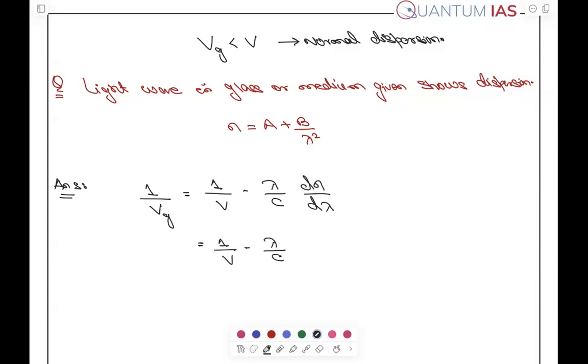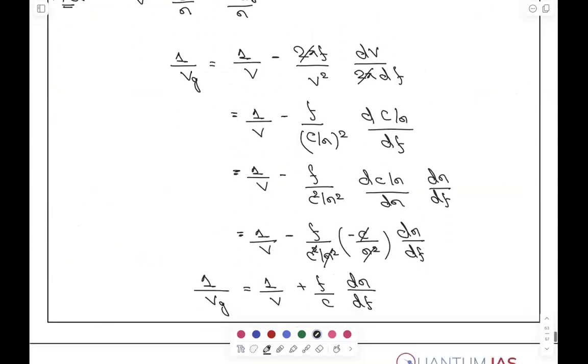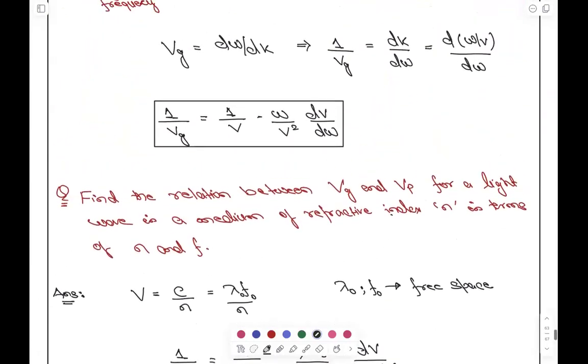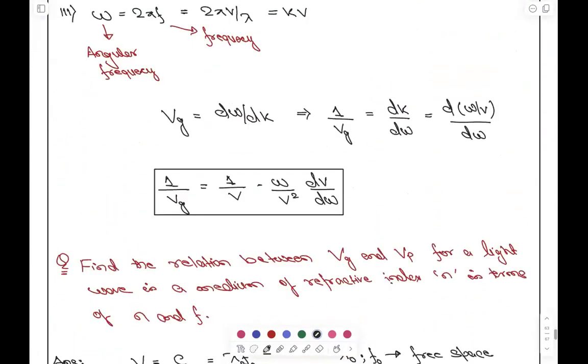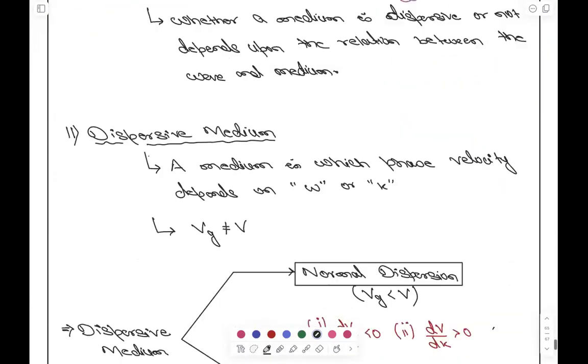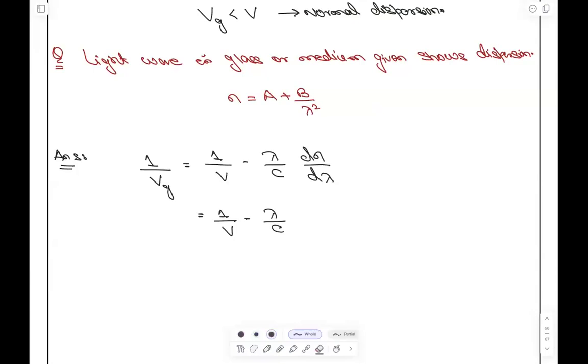Exam में you have to derive this formula, right? Right now we have just derived it today. That's why I am using from here. ठीक है? So 1 by v, 1 by... सर, आज अपन ने n और lambda में नहीं निकाला है, n और f में निकाला था। यस सर, वो अपन निकाल लेंगे। ये निकाल लेते हैं।